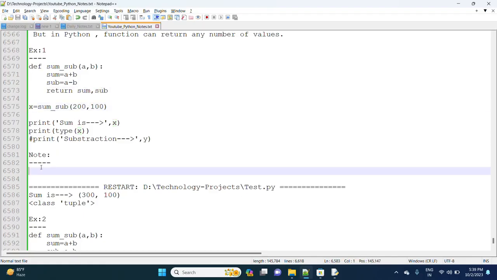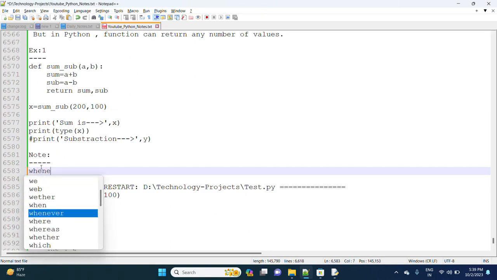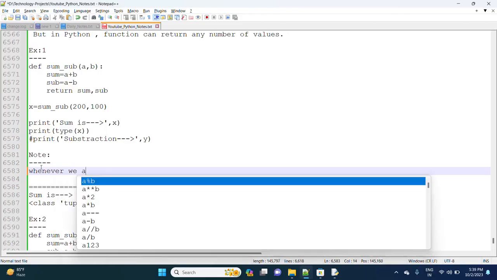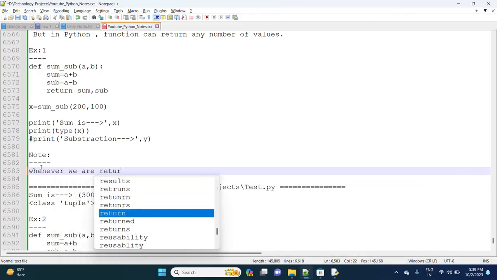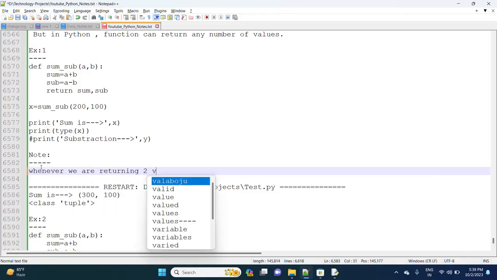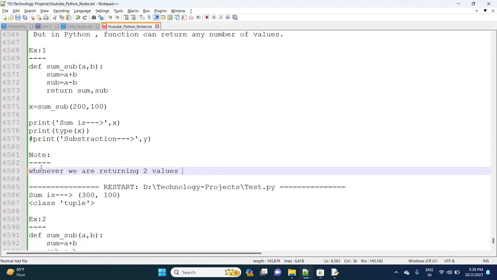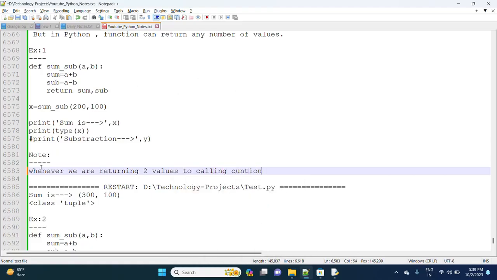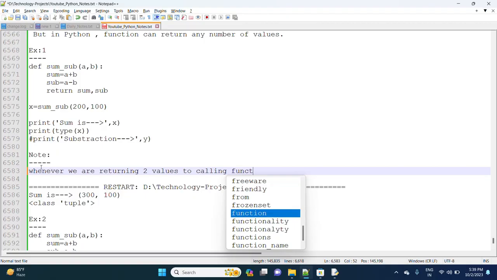So in this case, whenever we are returning two values to the calling function,